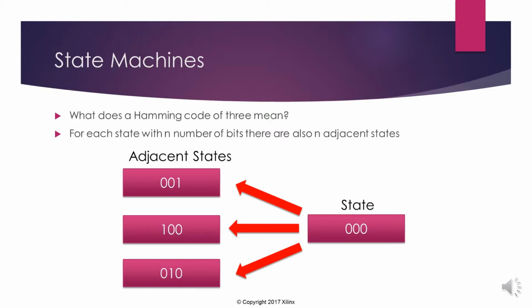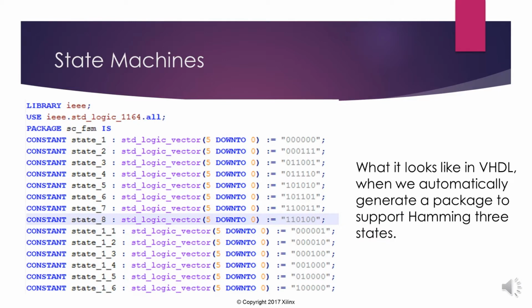So what this means is that if we have a Hamming state of, say, 0, 0, 0, then we also have 3 adjacent states that can be reached by each bit flipping you into. Now, if we know this, we can encode the states correctly with the correct Hamming distances, or we can create the adjacent states as well, and then we can create our VHDL or Verilog to run through this and prove it. So this is what it looks like if we were to create a package for a state machine. You can see we have the 8 states